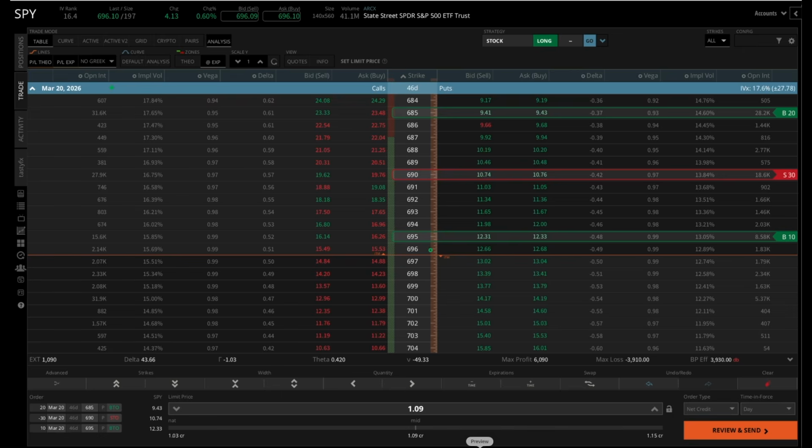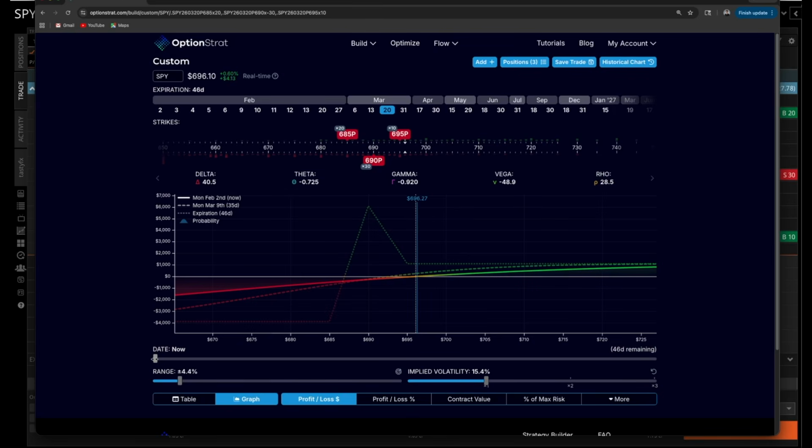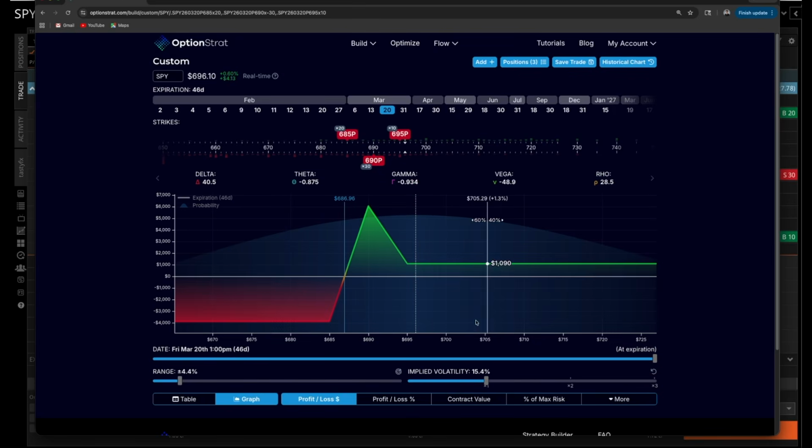And if we bring up the OptionStrat software and slide the slider all the way to the right, we can see what the profit and loss diagram for this structure looks like at expiration. So we don't have any risk to the upside. In fact, we lock in a max potential profit of the credit received if SPY trades to the upside at expiration. The max profit on the trade in the unlikely event that SPY pins at $690 per share at expiration is